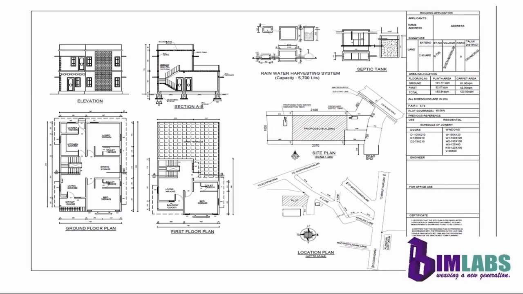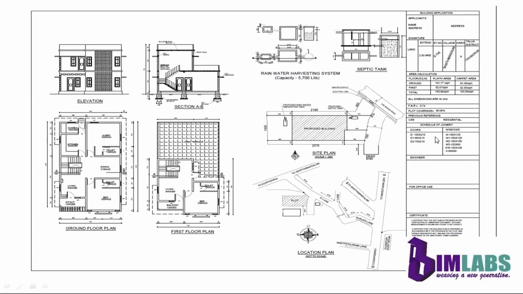And also on the floor plans you have to mention the name of the room and its size. Like you can see that this room indicates the master bedroom, and it is of a size of 350 by 424 centimeter. So like that you have to mention the size and name of the room. Then on the title block here you can see the schedule of joineries.